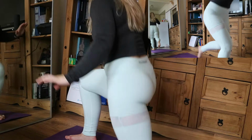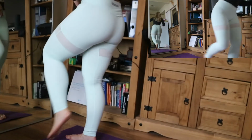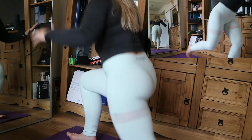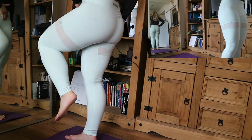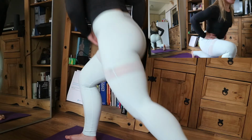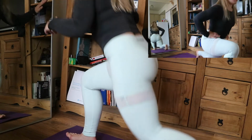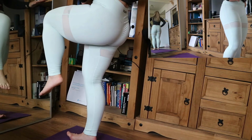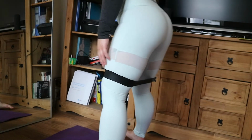i.e. loading the glutes. This is all about squeezing, and if you need to, you're going to just stand on one leg and squeeze your bum and really get it to fire. Make sure you are feeling that glute work. That is what lifts you up every time. 10 each side. You are then going to go into your second exercise, which is kind of a static squat